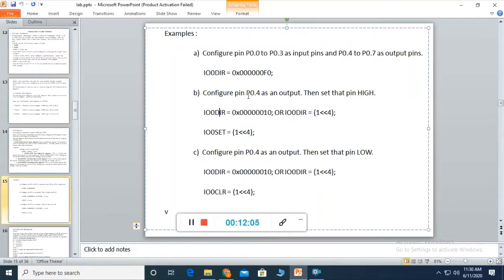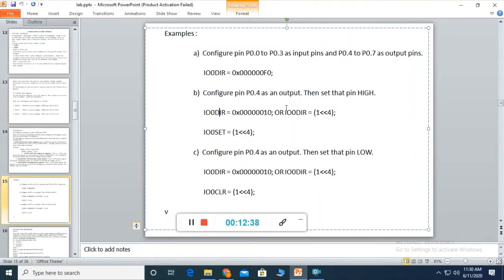So if you want to set the fourth pin of your port 0 as an output, you can do it in one of the two ways shown here. Your pin 4 of port 0 is to be set as output. IO 0 is for port 0, direction indicates I want to decide the direction of a particular pin, and pin number 4 is to be set as output.